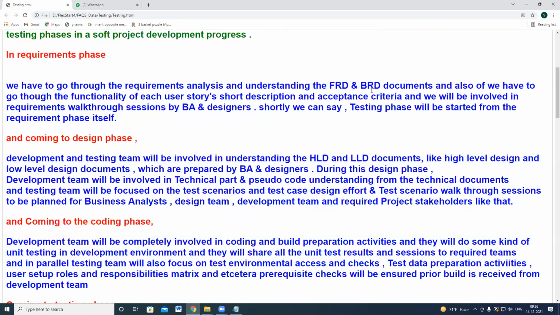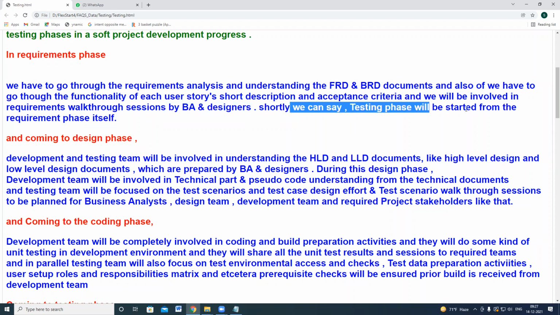In the requirement phase, we have to go through requirements analysis, understand the BRD and FRD documents, go through each user story description and acceptance criteria, and be involved in requirement walkthrough sessions by the BA and designers. The BA and designer will give the walkthrough session about the new user stories and what they contain.